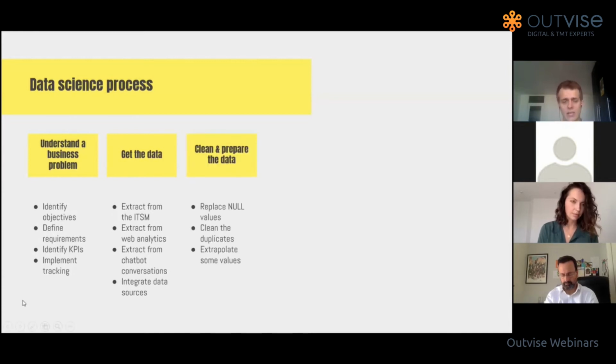The next step, you need to clean and prepare the data. Many people underestimate how long this step can take. They think, oh, we'll just load the data, replace some zero values, and we're going to be fine. The problem is that, depending on the cleanliness of your data, this step can take a long time. Essentially, data extraction, preparation, storage, and so on, basically the data engineering tasks, can take anything between 60 to 80% of the work of the data scientist.